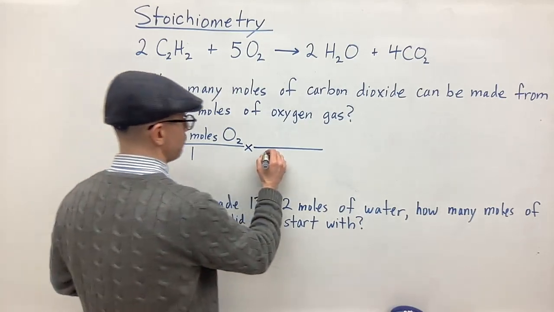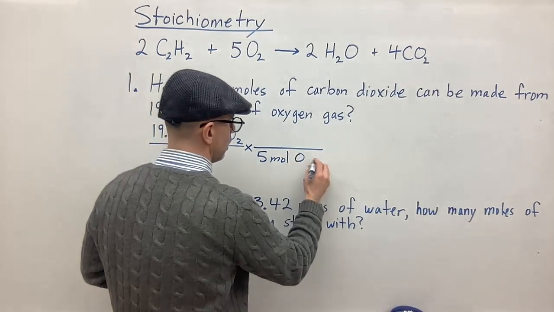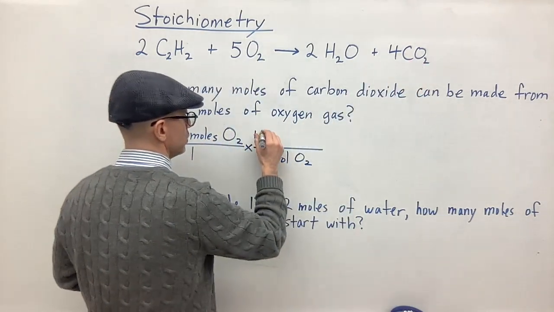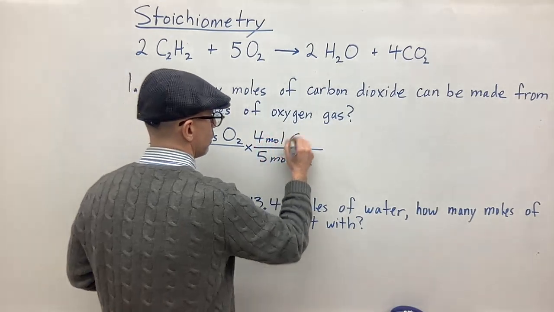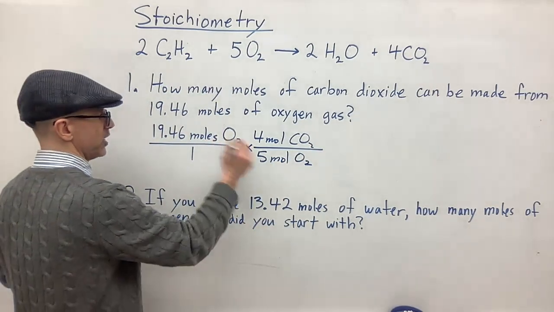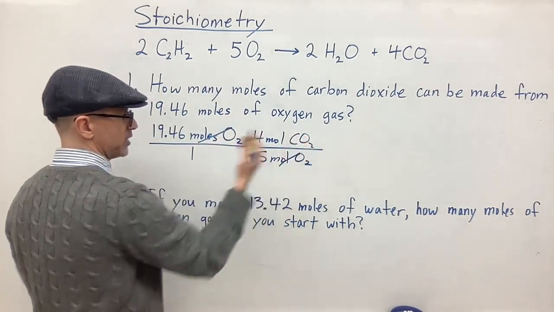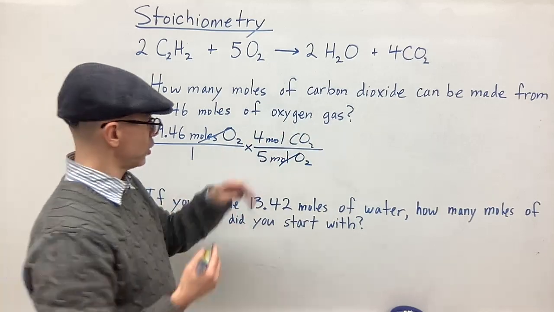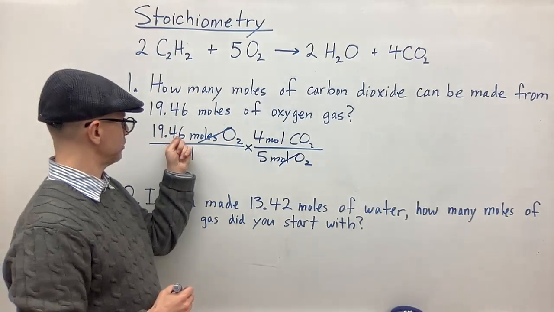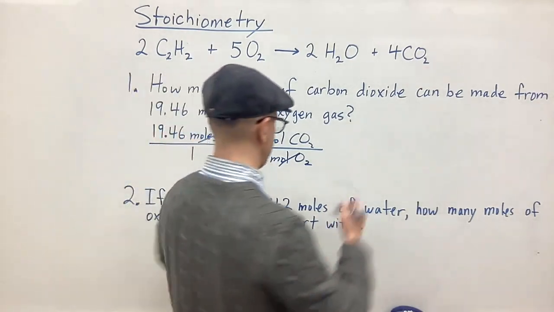So I'm going to put 5 moles of oxygen on the bottom and 4 moles of CO2 on top. And so you'll see that moles of oxygen cancel out. Now I'm left with moles of carbon dioxide. So I am done. So to get the moles of carbon dioxide, I just multiply 19.46 times 4, divide that by 5, and I get